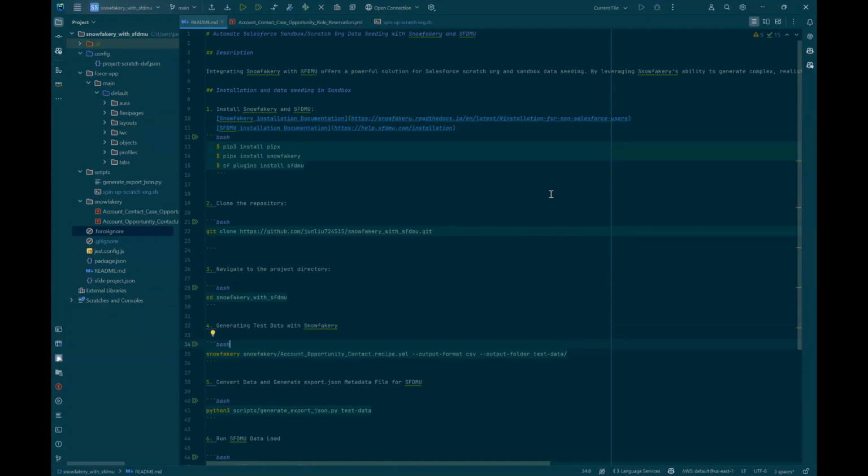On the other hand, we have the SFDX data move utility, a fantastic tool for managing data between different Salesforce environments. It allows you to move data from one environment to another seamlessly. However, SFDMU relies on existing Salesforce org data as the source, which can be limiting when you need to generate new test data. So, how can we use the fake data generated by Snowfakery and then use SFDMU to upload this